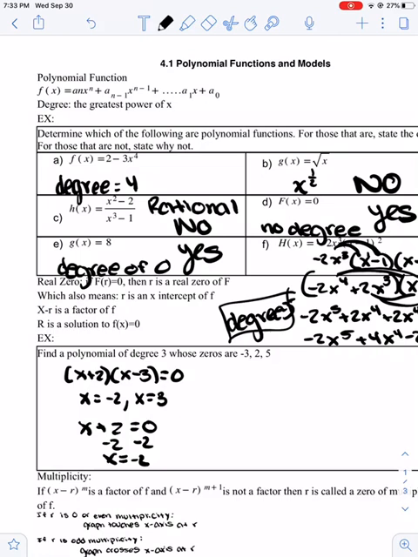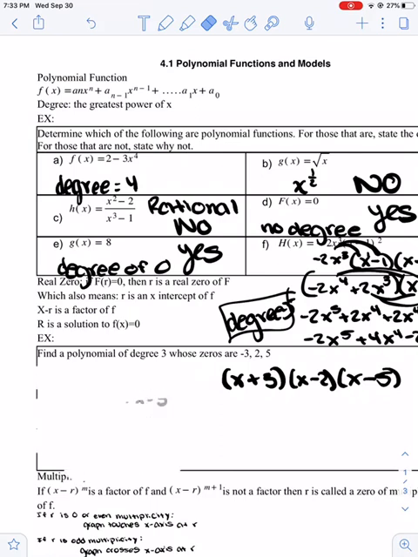So let's look at these zeros and apply that same rule. So if we have a negative 3, in our parentheses, we're going to have an x plus 3. And then we have a positive 2 as our 0, so we're going to have x minus 2. And then for the 5, an x minus 5. And now we want to find the polynomial. So we're going to go ahead and